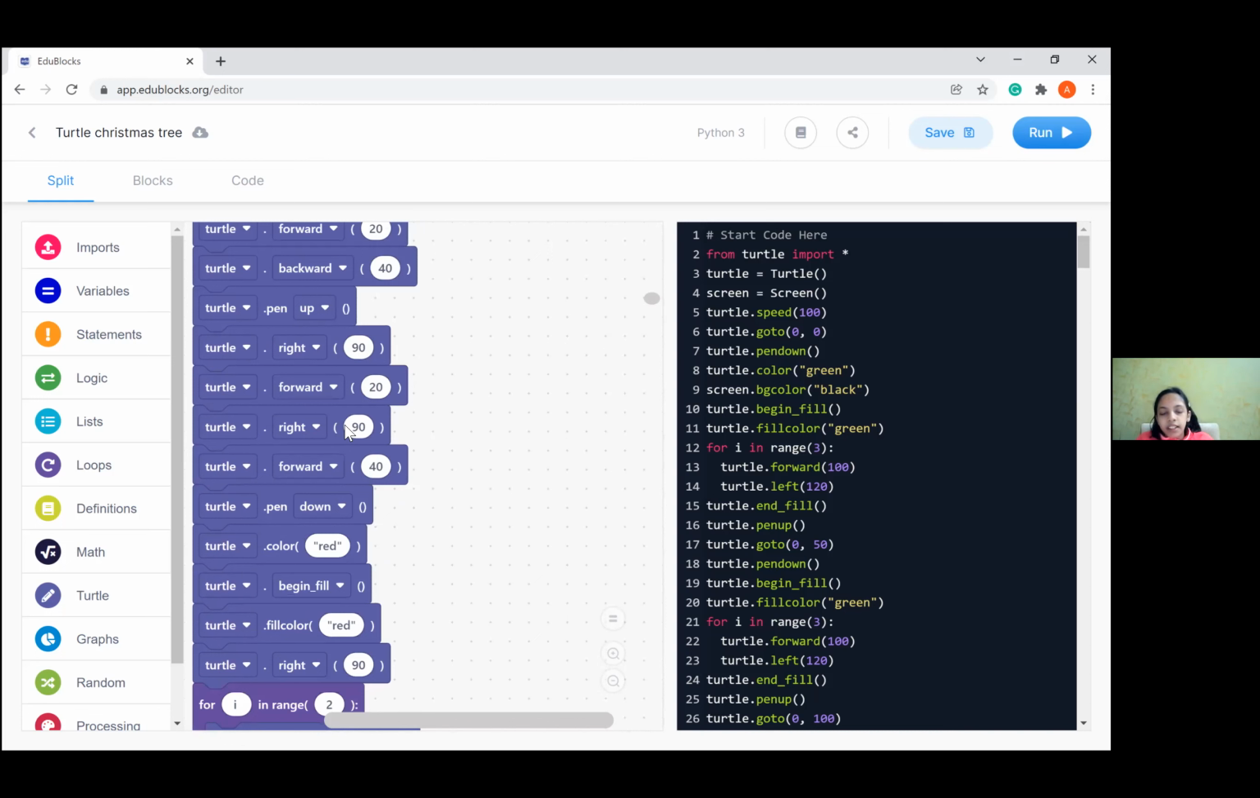After I did pen down, I did this code because I didn't want to use a lot of go-tos, because it's very confusing and it takes a while. And I wanted to make this code. It took 2 to 3 hours. But these right, forward codes make it easier, except go-to. Go-to takes a lot of time. Then I